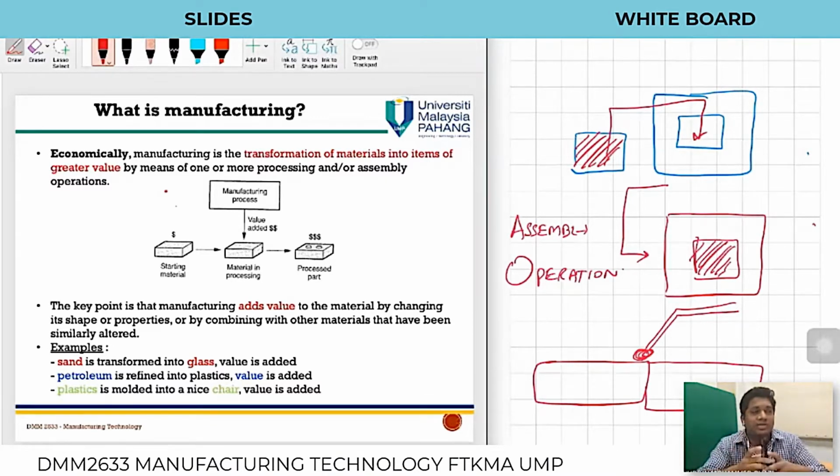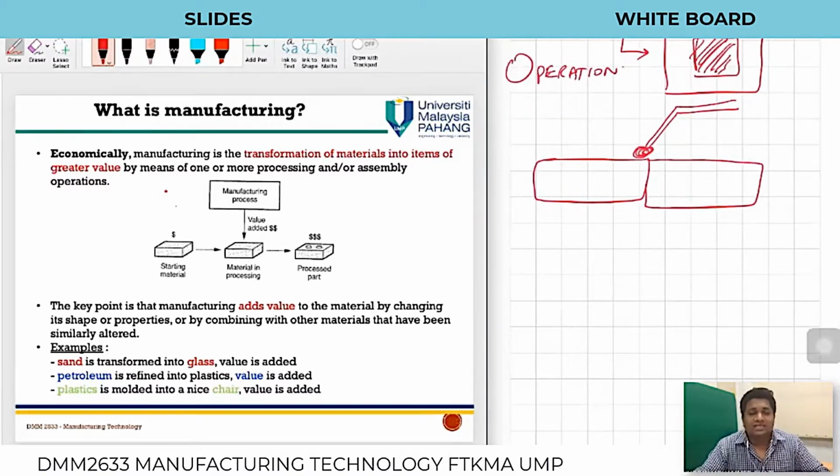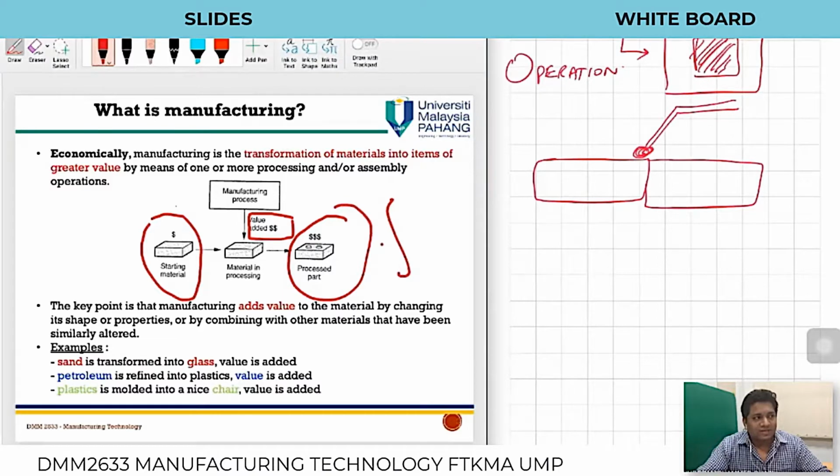Okay. So creating a value out of a product which has greater value, from which I can get a lot of income, or a lot of, let's say, value in terms of money, is something which is called the economical definition of manufacturing. So let's say I've got a cheap material, the starting material is cheap. Then I do the processing, it will cost me something. But then the final product, this is the final product, has a greater value. So this is